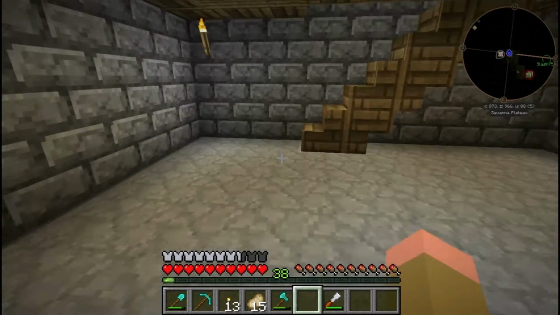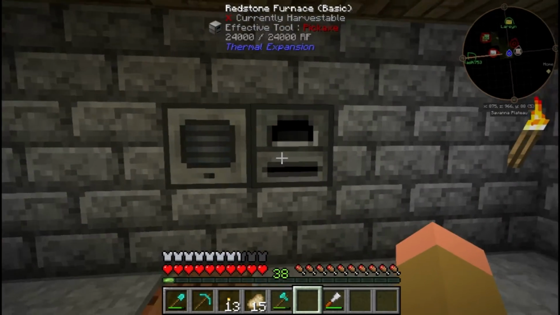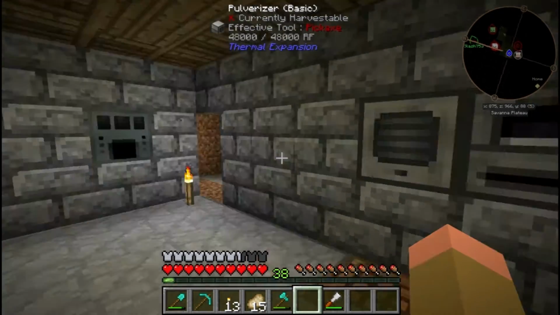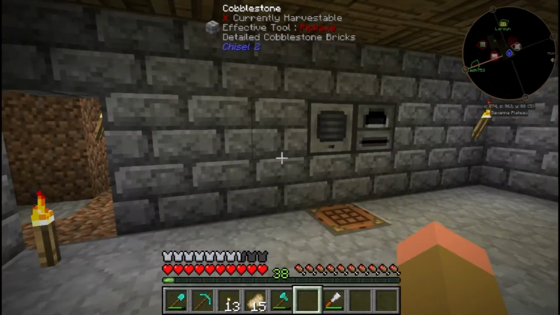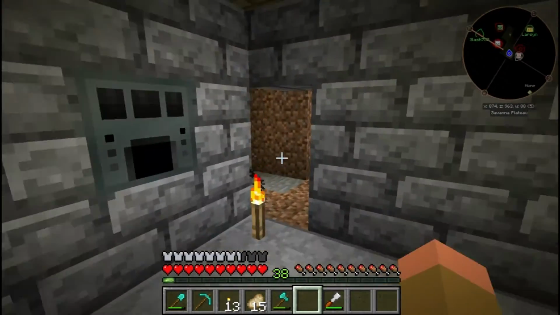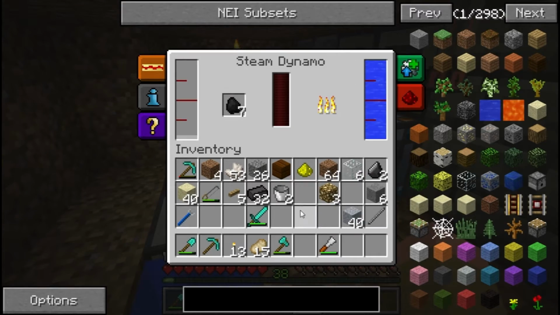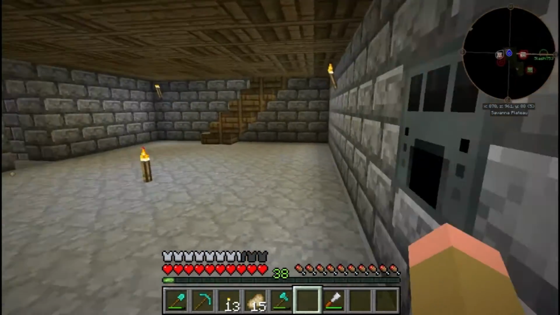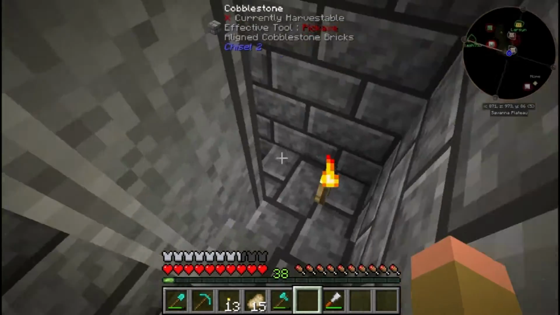But yeah, I have a room here for my machines that I made. I put the two Thermal Expansion ones over here, and eventually we're going to have a lot of Thermal Expansion machines and a lot of Ender IO machines, so I decided to separate them just to keep things organized, and we just got our setup here. Oh, I need more coal. And then, if you come down here,